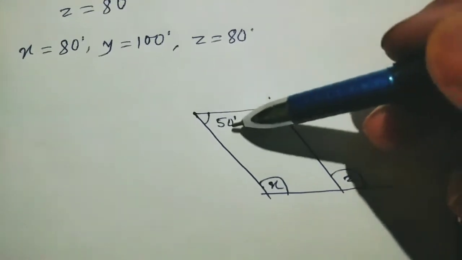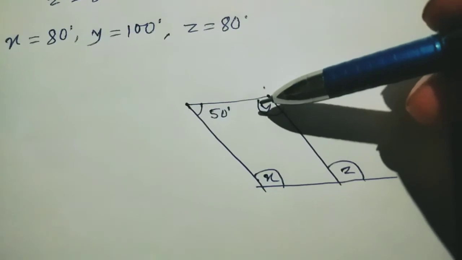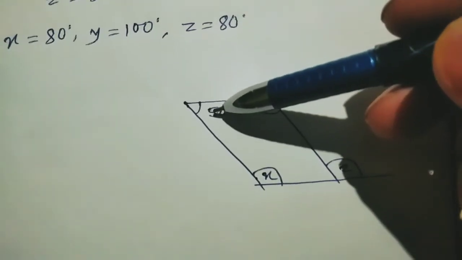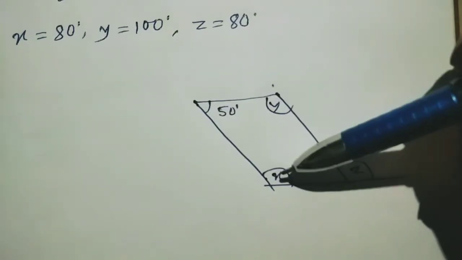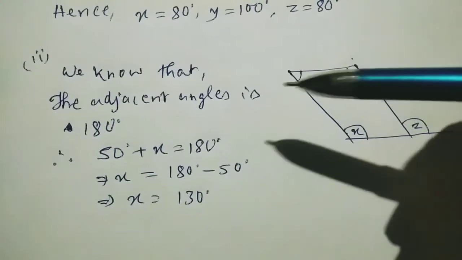So you will find the value of x first of all, or you can find the value of y first of all, because by using the adjacent angle property we can find any angle first of all. So I will find the value of x first of all. That means angle 50 plus x equal to 180 degree. Okay. So students, you have to write the reason again.